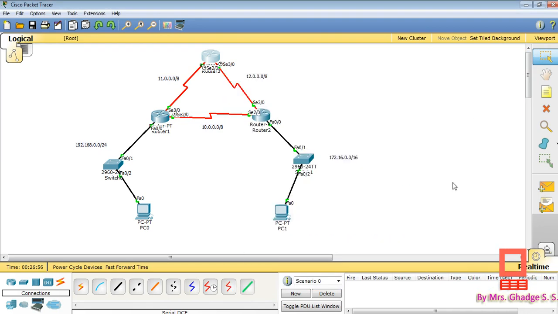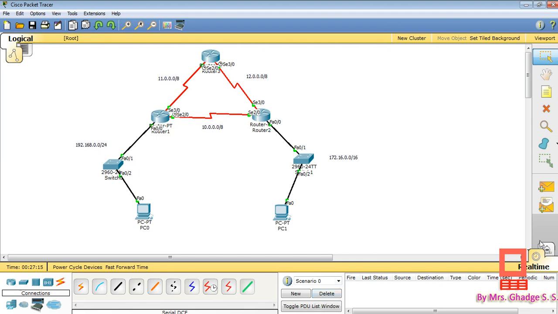Now let us check the connectivity. So you can see from PC0 to PC1 there is connectivity. Again we can check from PC0 to router 3. So here you can see from PC0 to router 3 there is again connectivity.